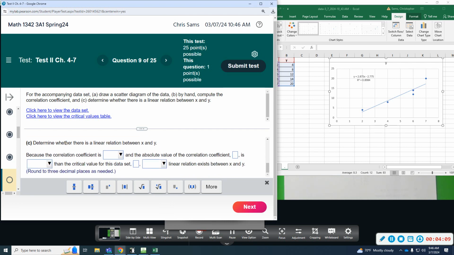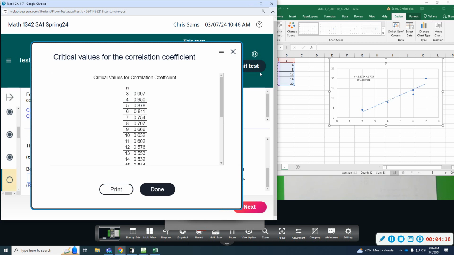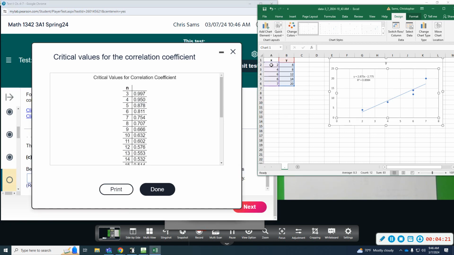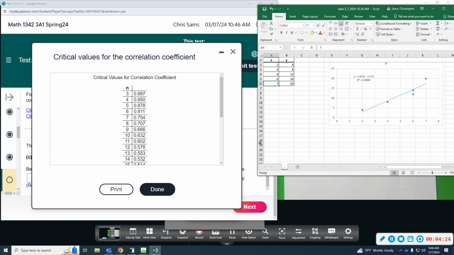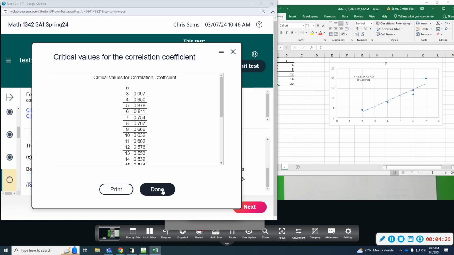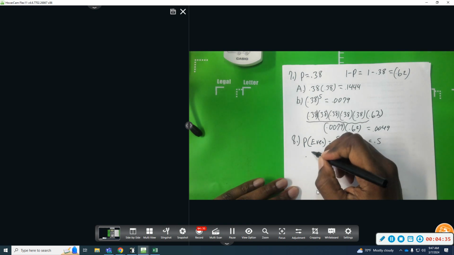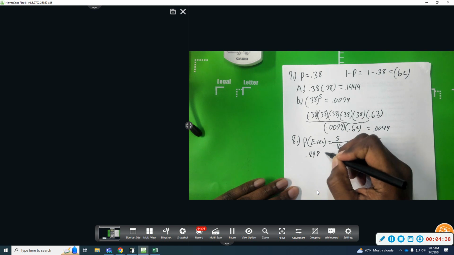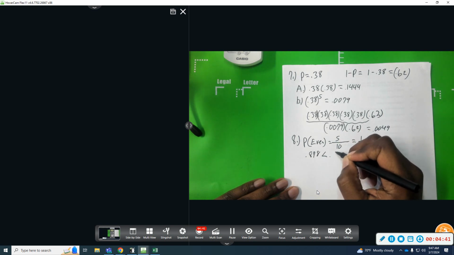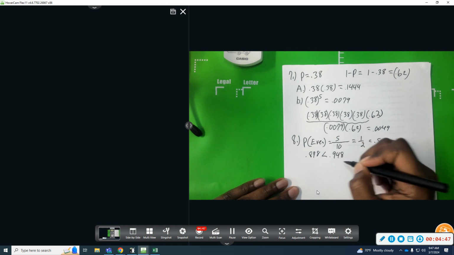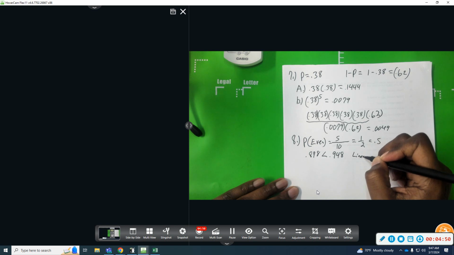All right, we're going to determine whether there is a linear relationship between X and Y. In order to do that, we're going to look at the table. The number of data values we have is 1, 2, 3, 4, 5. So we go down to n is 5, and we get a critical value of 0.878. That is less than our correlation coefficient 0.948. So if our actual value is greater than this, then there's evidence